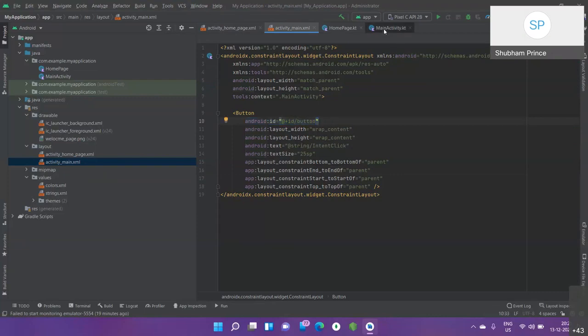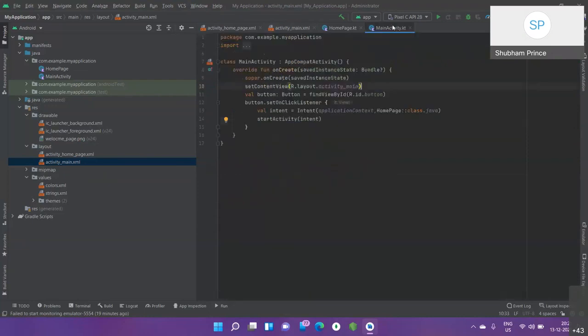Now this button ID, if you want to link your XML to the Kotlin file, the coding part, you have to make sure that it recognizes it. So how will you recognize it? You have to use this function, findViewById. Before I can add this button from XML to the coding part, in this Kotlin file, using findViewById and then R.id.button, I have to keep it somewhere. So I'm creating a variable known as